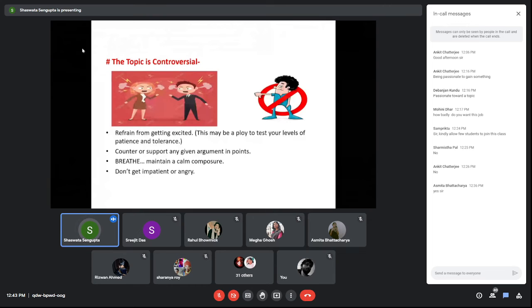Someone might keep on saying something, a topic about you which you feel strongly in order to excite you, but maintain your calmness. Think that it does not matter. This is just a game. This is something that I have to play in order to bag a job. Whether I'm able to establish my opinion or not, whether I feel strongly about this topic or not, that's not important. You have to be calm, you have to maintain your composure, and if you have to counter someone, you have to counter that person in a point-wise manner. Is it clear to everyone how you're going to handle this kind of scenario?